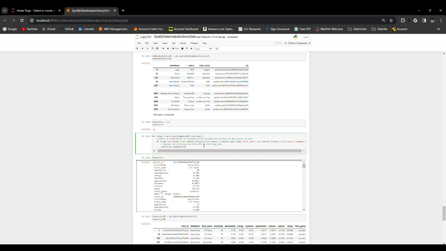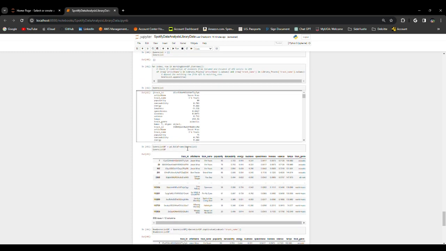So now it's saying, let's just say Rod Wave, track name Smile, artist Rod Wave. If the combination of Smile and Rod Wave is in the genre data frame, add it. If it's not, don't add it. So that's what this does. So eventually, I get a data frame which is